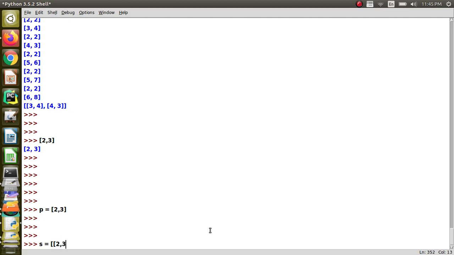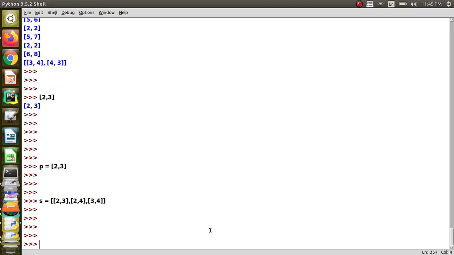So it may look like this, a list of lists. Each element will be a list in this list, right? So this is a list of 3 points. This is my first point, this is my second point, and this is my third point. So this is a list of 3 points. This is how I am going to maintain.